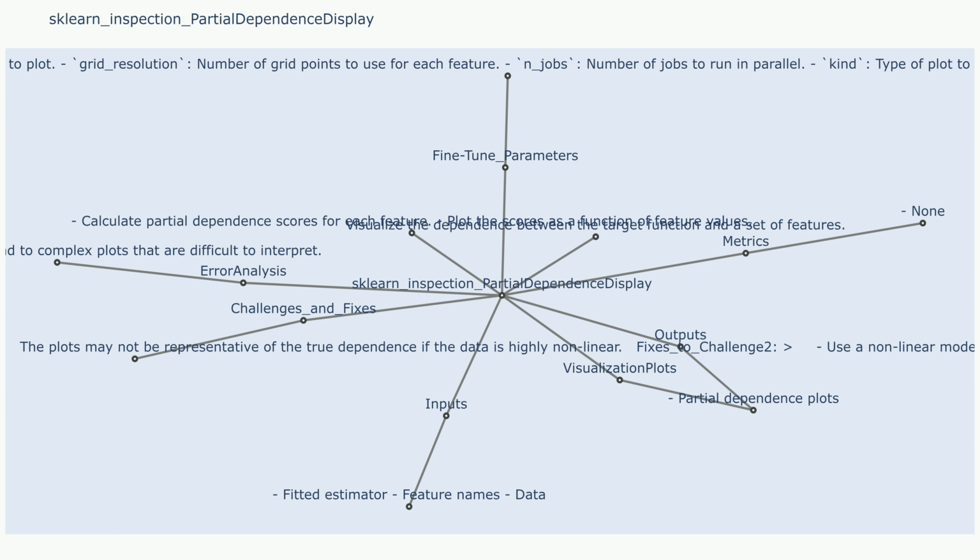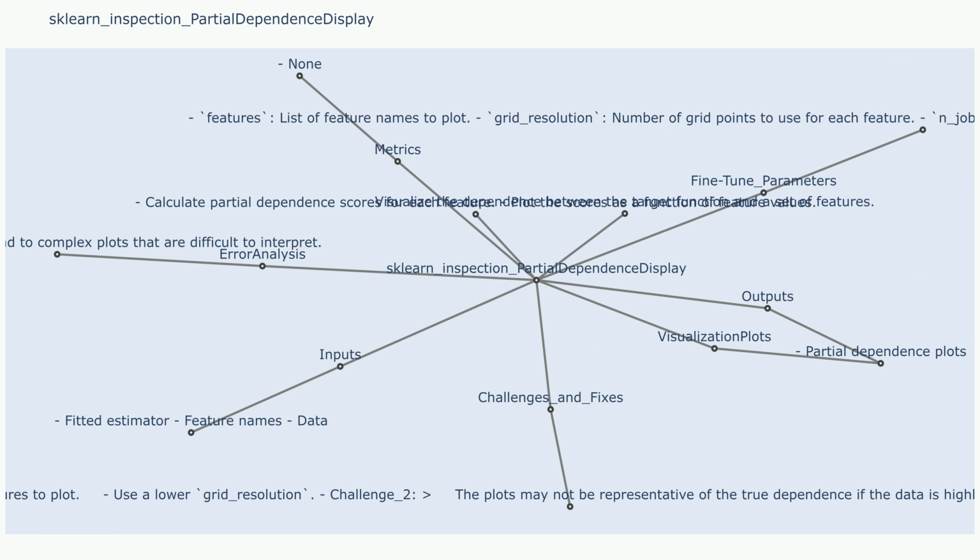Confidence intervals can be added to PDP plots to show the uncertainty in the estimated effect of the feature. This gives a better understanding of the reliability of the results. Challenge 1: high computation time. Calculating PDP for many features or with high grid resolution can be computationally expensive, especially for large datasets. Sample use case that resulted in Challenge 1: working with a